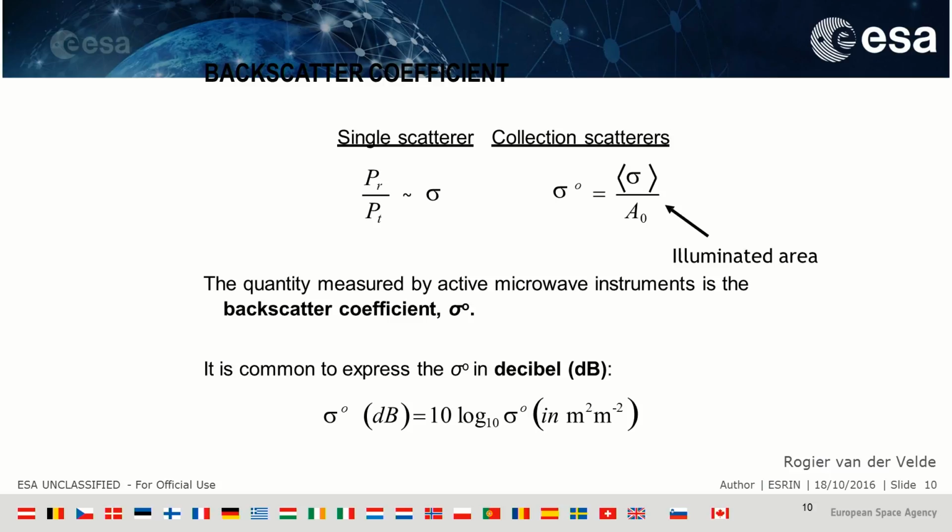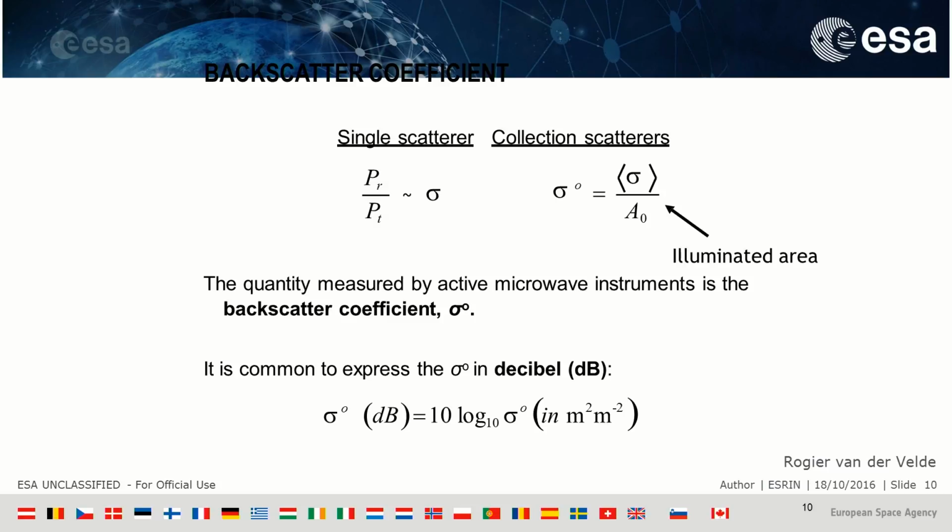And then we can characterize it, dividing the value by the illuminated area. Then we can get the so-called backscatter coefficient, which is really related to our target, if we have one target in the pixel. This is usually described in decibels, since here, in fact, the amplification, or